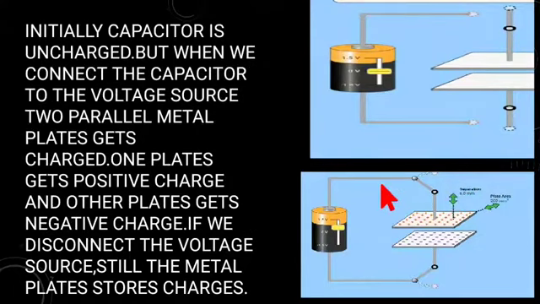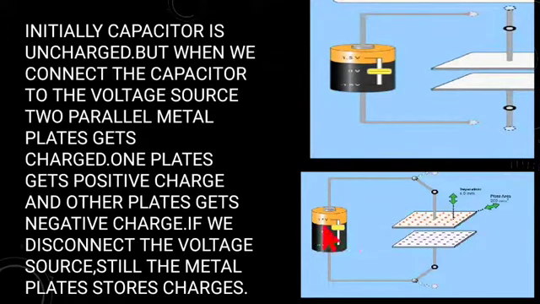Now let's understand, when we apply voltage to the capacitor, how the energy is stored across the capacitor. Before the application of voltage, the two conducting plates of the capacitor are electrically neutral. It means that it has an equal amount of positive as well as negative charge. But once the voltage source is applied to the capacitor,